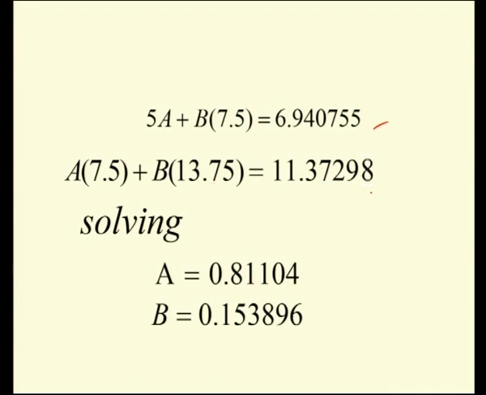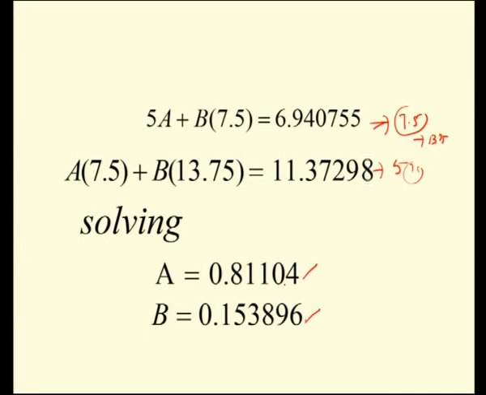To solve these two equations, multiply this equation by 7.5 and this equation by 5. Then a gets cancelled and you get the value of b. Again, multiply the first equation by 13.75 and the second equation by 7.5, and you will get the value of a. So on solving these two equations, you get